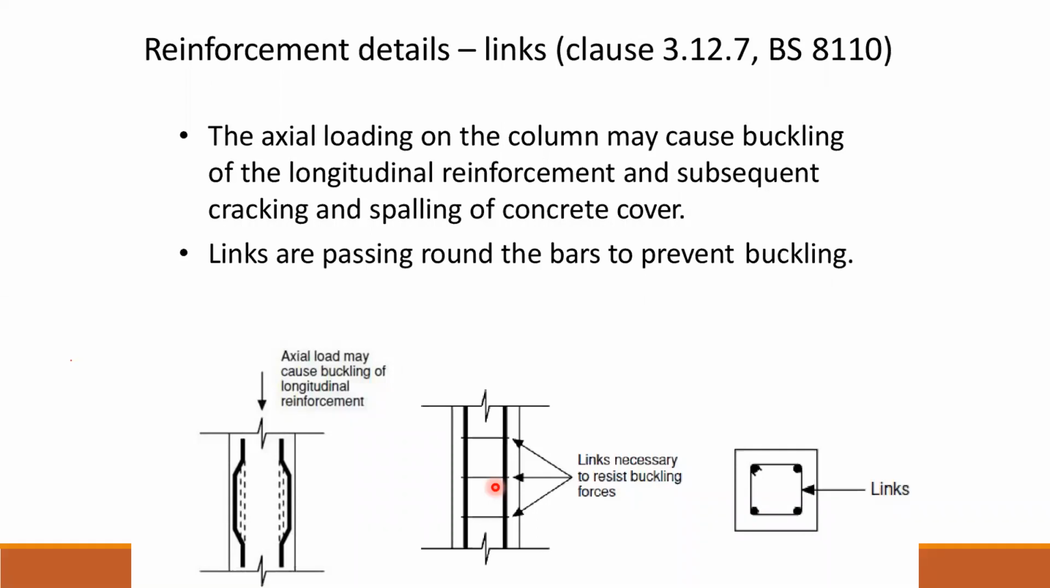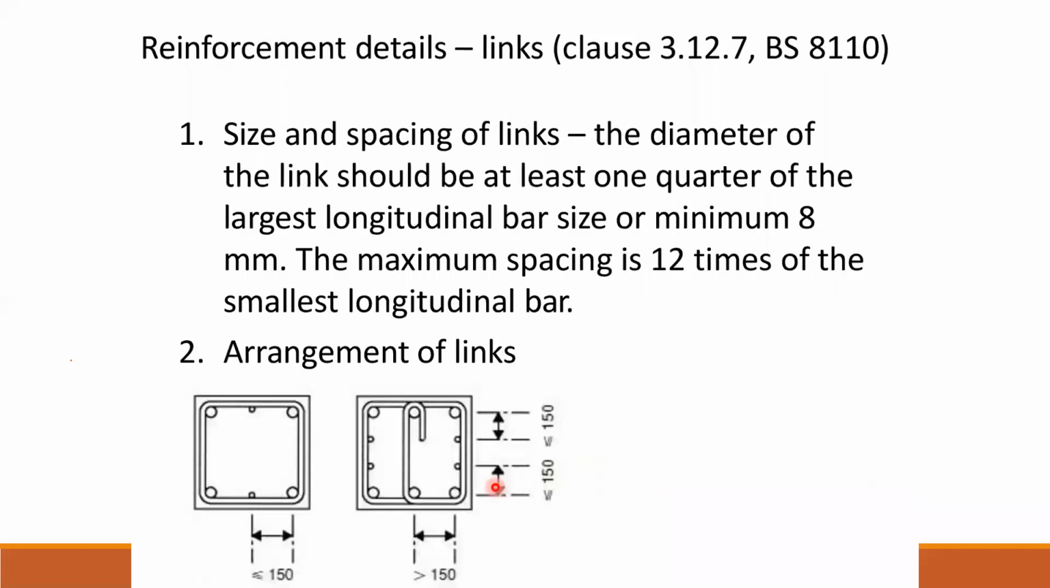I hope you are clear on these clauses, and let us see the reinforcement details, links, clauses, what we think about it, how to arrange, etc. So first is the size and the spacing of the link. The diameter of the link should be at least 1/4 of the largest longitudinal bar size, or the minimum 8